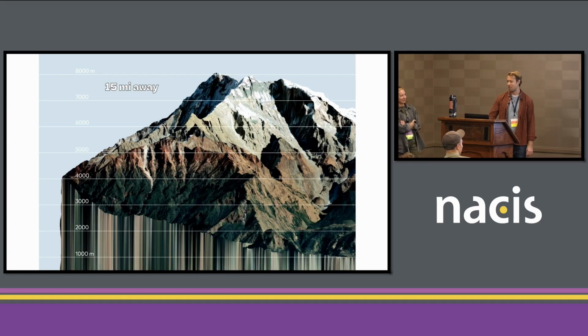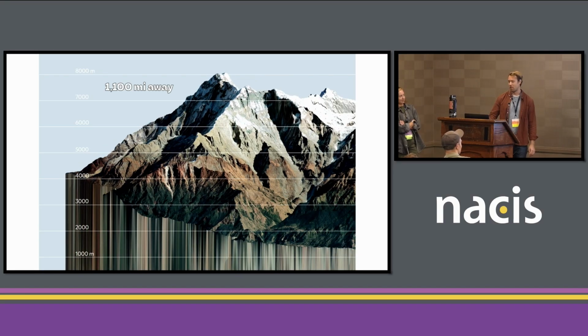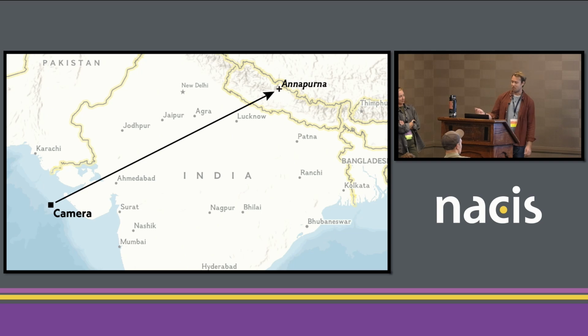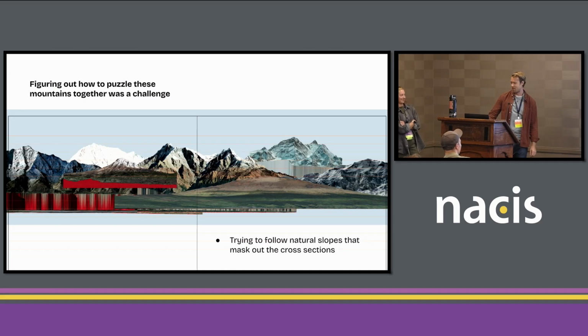But I think it's just really interesting to see how the mountain changes. This is the exact same angle. It's just the camera being further back with, you know, a big lens. Just for fun, we figured out that the camera would actually be in the Indian Ocean. Yeah, and the lens that we used is over 10 feet long, so you can picture that. It's even longer than Jack Sparrow, so yeah.